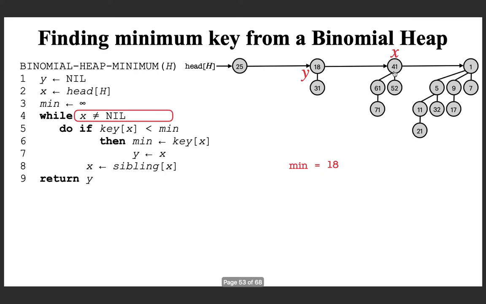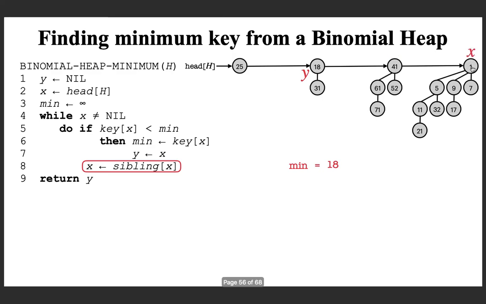Going back, x is not nil. Coming down and checking whether the key of x, which is 41, is less than 18, which is not true. So you will not go inside the if. You come to this statement and update x to the next root node.